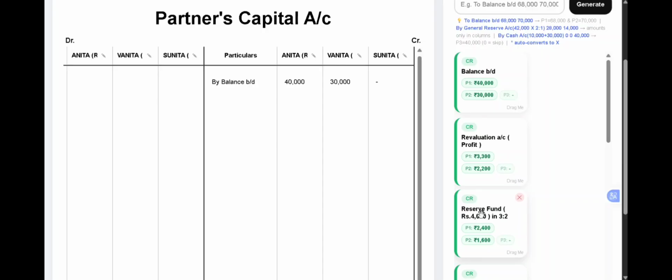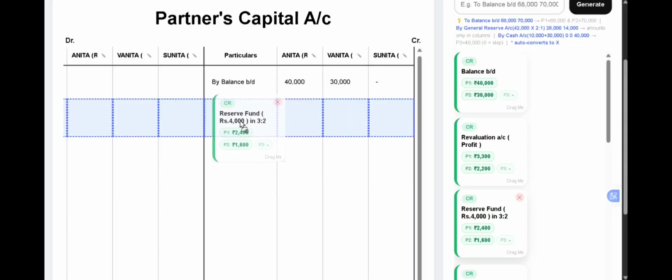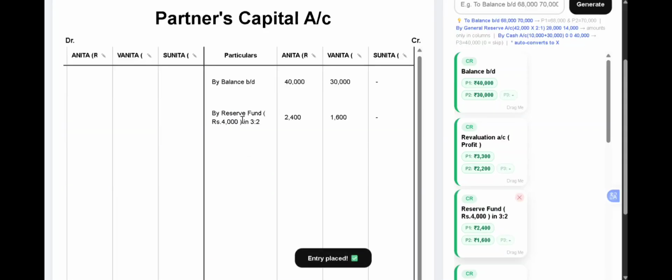Now after this, we have to bring down the reserve which is given in the balance sheet. It is the reserve which is created by the old partners. So the 4,000 rupees should be divided to the old partners in their old profit sharing ratio of 3:2. So it will be 4,000 into 3 by 5, 2,400 for Anita, and 4,000 into 2 by 5, 1,600 for